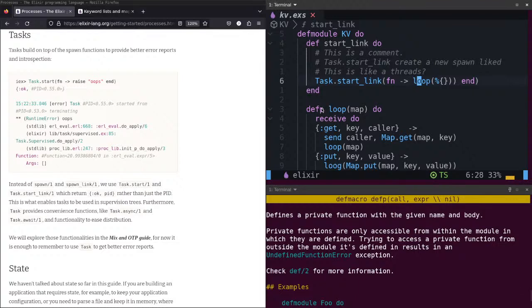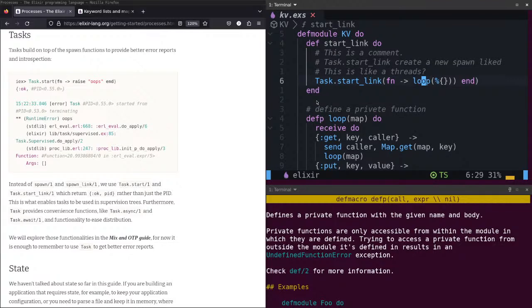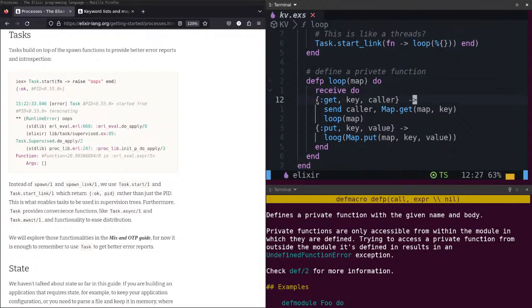Okay, define a private. I think it is. Loops. Map. Do receive.